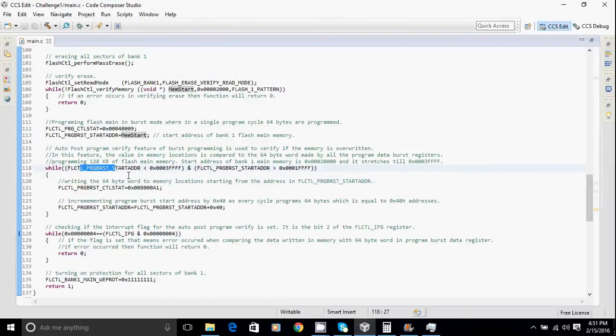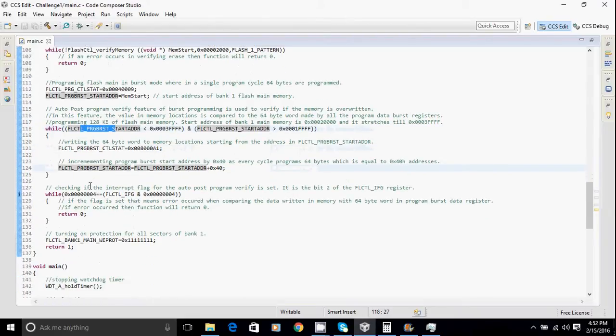I will also be using the auto post program verify feature for verifying whether the burst programming is successful and all the memory locations have been written as we wanted them to be written with the data in the program burst data registers.